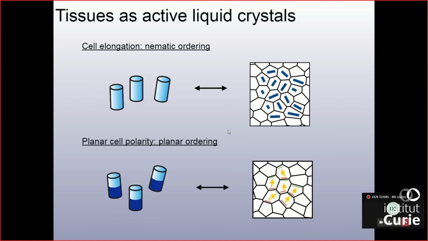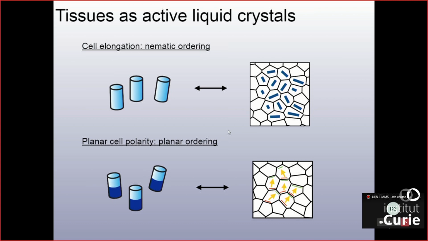Another type of order is a system made of polar molecules, where now the molecules have an axis, but they also have an orientation. Similarly, proteins inside the cells can distribute themselves anisotropically in the cell. This is what happens in planar cell polarity, for instance, where you have this green molecule on one side, red on the other. This defines a polarity axis inside each cell. And if this polarity axis is coherently oriented in the different cells, that defines a large-scale polarity order in the system. Now I'm going to show two examples